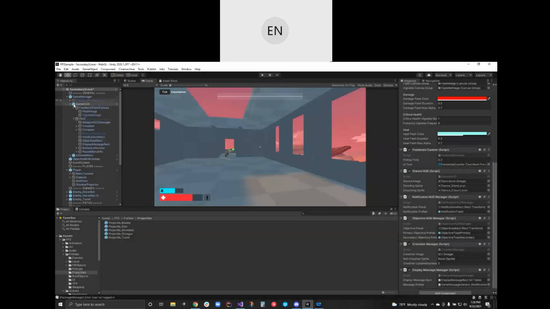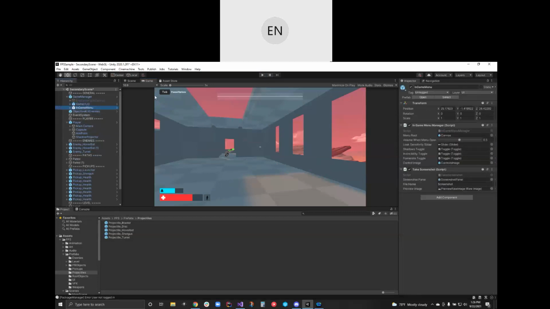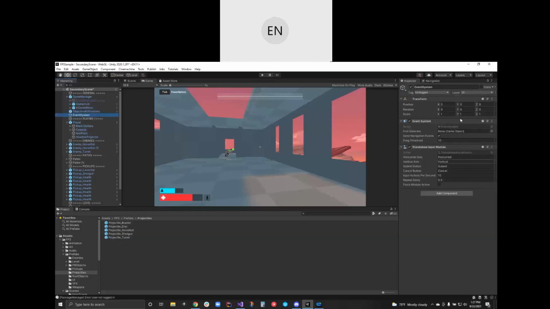All right, so it's the game HUD and the in-game menu, so I guess when you press tab here, that's what this thing is. So these are the objectives. For this level, which was called the secondary scene, you have to kill 6 enemies to finish it, right? So they reuse this script for different levels. And then there's this event system. This comes with Unity. Whenever you make a UI, it has to be in here, right? So there's all the general stuff.